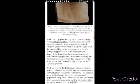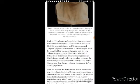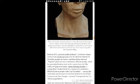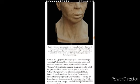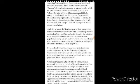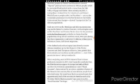It says this is a forensic reconstruction of a man who lived in the area of Jericho, Israel, about 9,500 years ago during the Neolithic period. His people would have inherited recent African ancestry, with his descendants bringing it into Europe after the farming technology. It says back in 1971, physical anthropologist J. Lawrence Angel wrote in The People of Lerna that the skeleton remains of Neolithic peoples in Greece and Macedonia showed Negroid physical traits common to African people, which he speculated had arrived in the region from the Nile Valley of